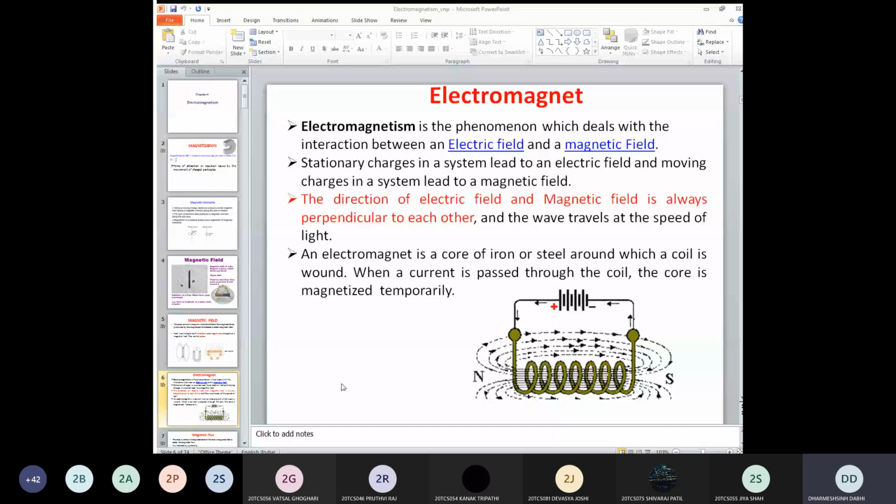repel each other. Suppose two flux lines are passing from left to right, so both are repelled from each other. And exactly opposite, if magnetic flux lines closer to each other have opposite directions, then they attract each other. Because one is starting from the N pole and another from the S pole, so both are attracting to each other. So these are the characteristics of the magnetic flux lines.